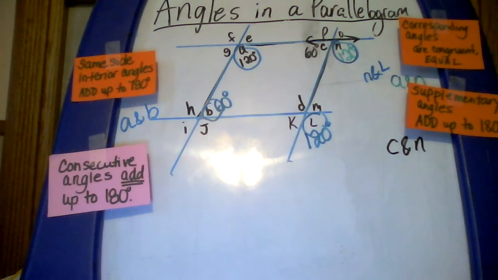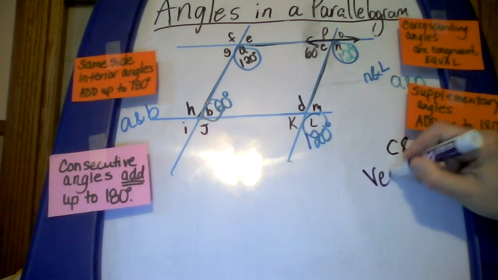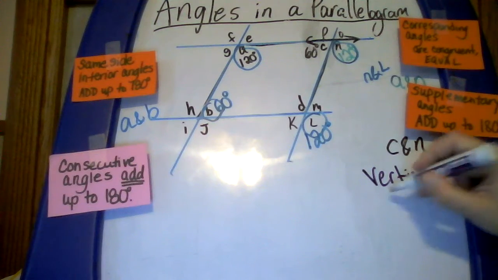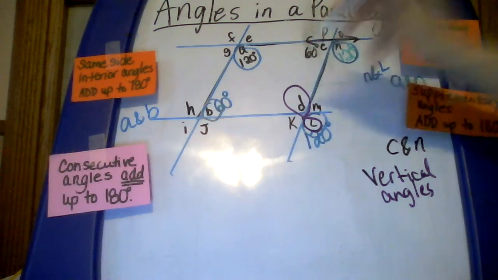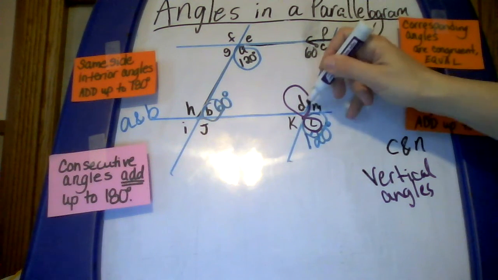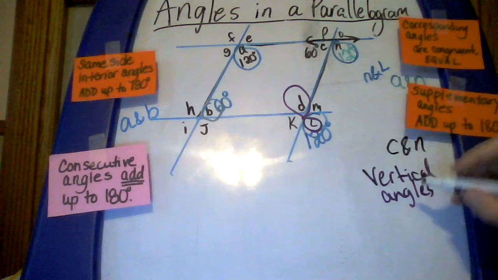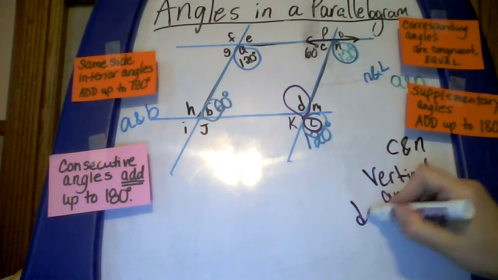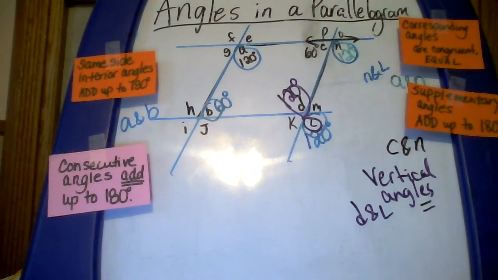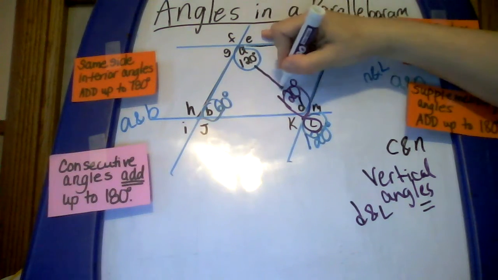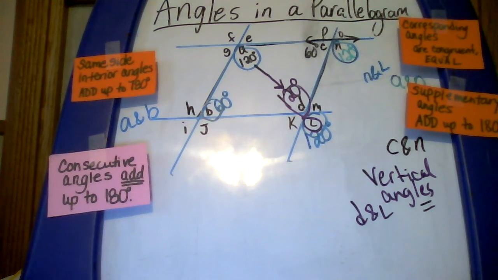So then the last thing I'm going to look at is vertical angles. For vertical angles, I know that angles L and D are vertical angles, so therefore I know angle D and L are equal to each other because vertical angles are equal. So angle D must be 120. So if you notice now, angle A and D were opposite on the parallelogram. They were opposite angles. Opposite angles are equal